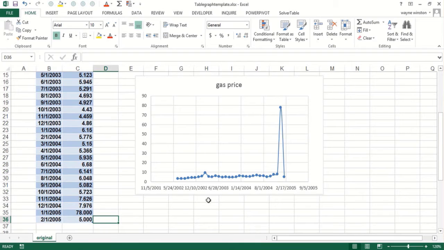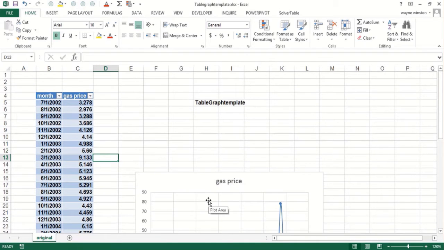Well, that's all there is to this video, but that's really quite important. The fact that all our charts can update automatically if the source data is a table that feeds into the charts. Now, in the next video, we'll show you how you can